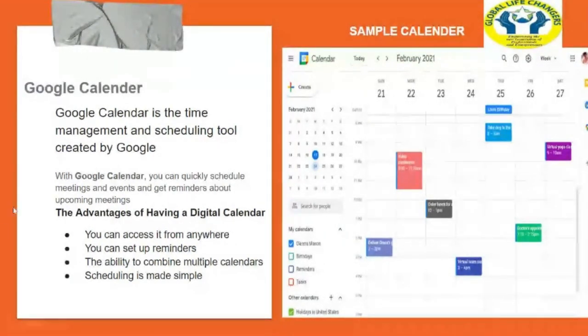Here are its advantages. You can access it from anywhere, anytime. You can set up reminders. It also has the ability to combine multiple calendars just as it is shown here. And also, scheduling is made simple.